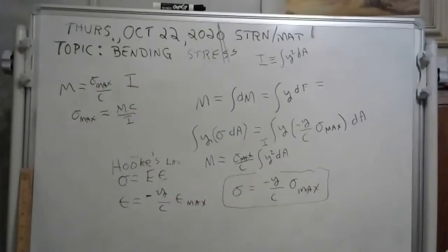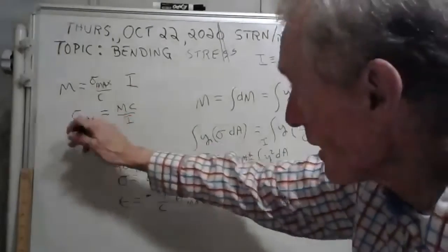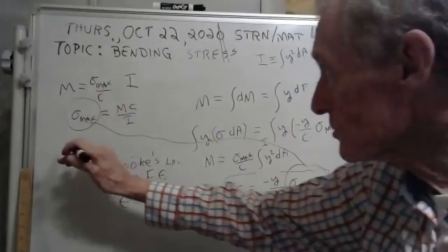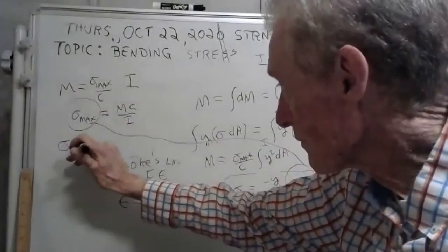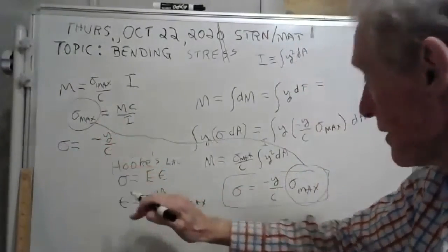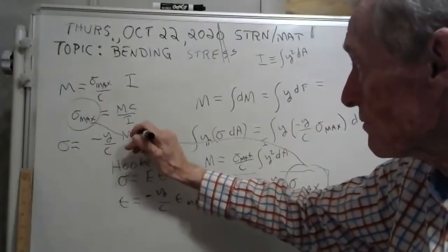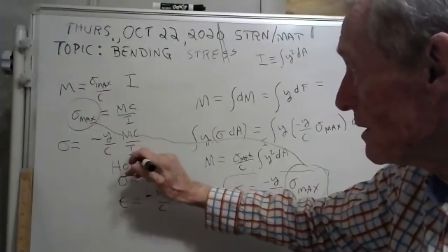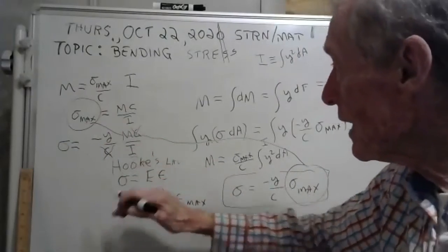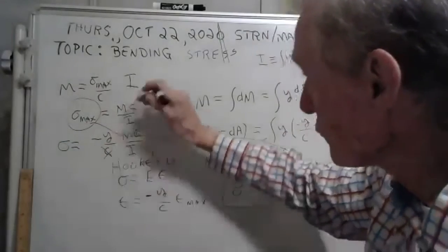I know you can get from here to here. I know you can make it. And you see that sigma max right there? What we're going to do is stick it in right here. And here's what you'll get: sigma equals minus y over c times MC over I. Oh, looky, the c's cancel out. And the bottom line is